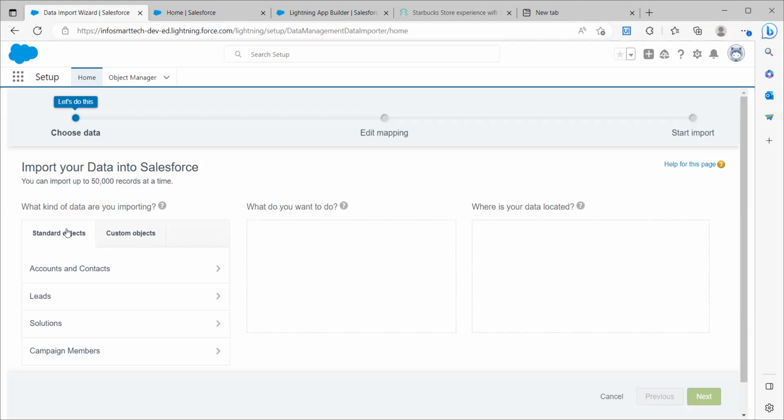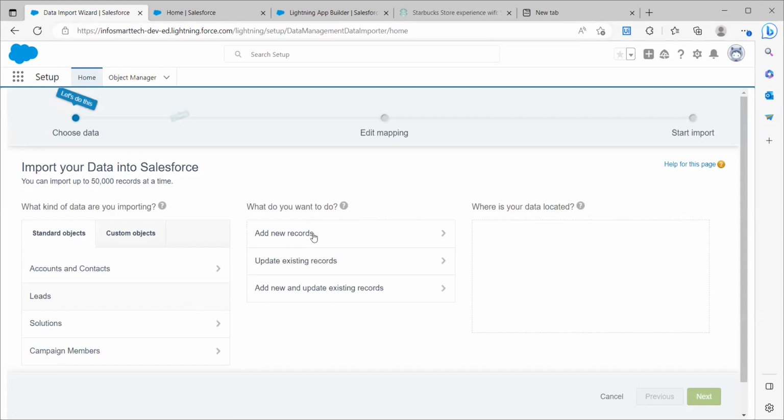So we can import standard objects or even custom objects. For importing any kind of objects, we need an Excel file or a .csv file that has all the data in it. The data columns for account can be account name, phone, email, which are the simple aspects. And for contact, it can be contact name, contact phone, contact number, and the account that is related to it. Those are the three aspects concerning accounts and contacts. And when it comes to leads, it can have a lead name,